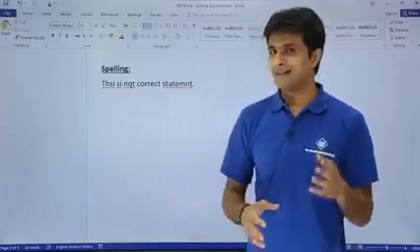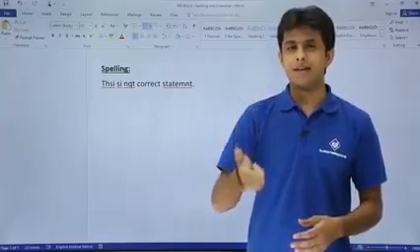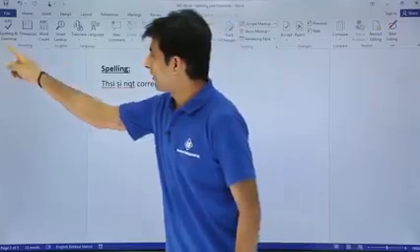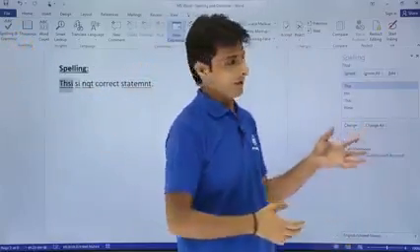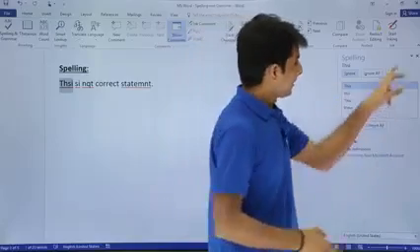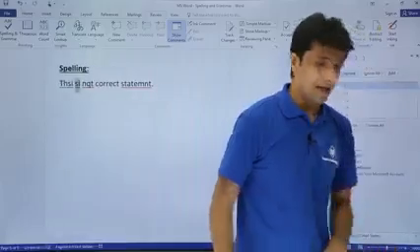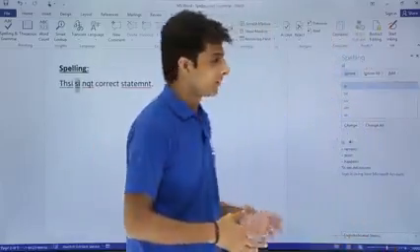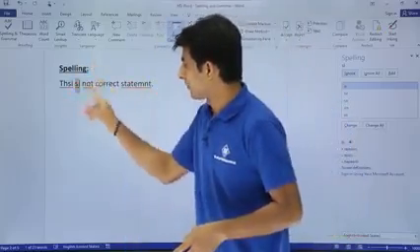So what I'll do is I'll ask it to check the spelling. Two methods. One is the long method and second is the shortcut. So I'll go to the Review tab and you see that's the Proofing group. I'll click on this Spelling and Grammar. So it gives me a floating dialog box. Here is spelling. The other method is you can just press F7 from the keyboard and you'll get this dialog box. F7 is the shortcut to bring up this spelling dialog box. Wherever my cursor was, it started checking the spelling from that place.